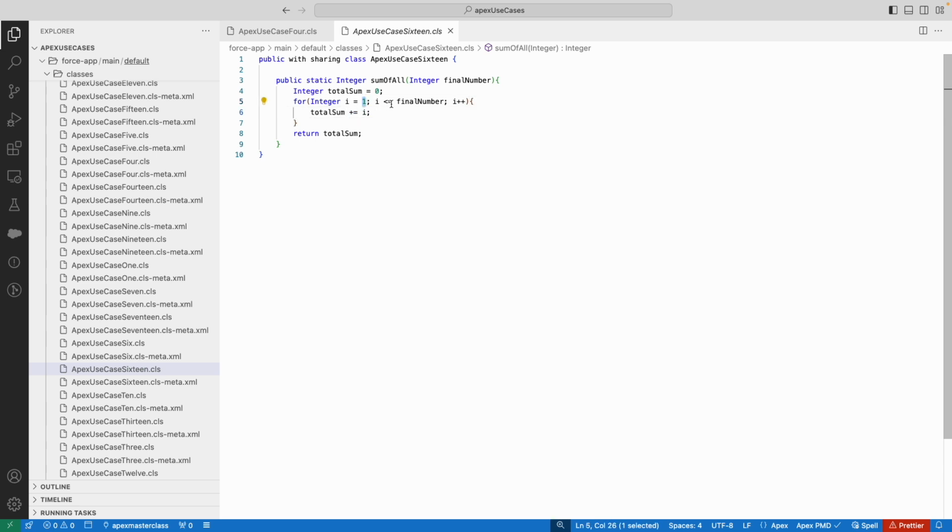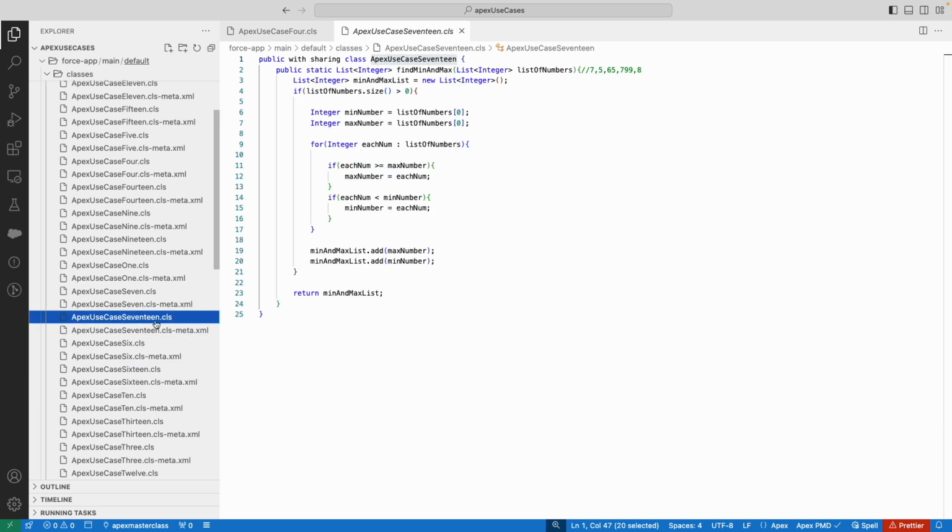And we started off with 1 and we reached till that number, which is why this index is from 1 and it says less than or equal to the final number. If it were from 0, it would be less than the final number, but in that case the last number would not be considered, which is why we have started the index from 1. All right,